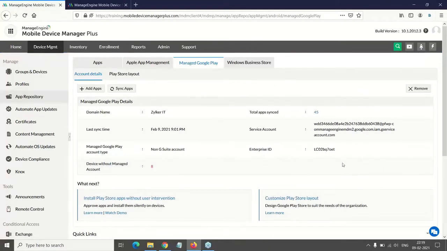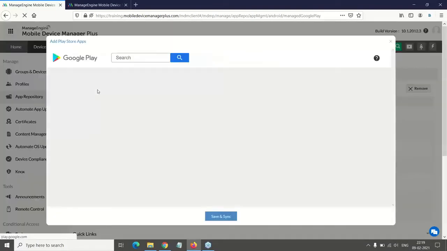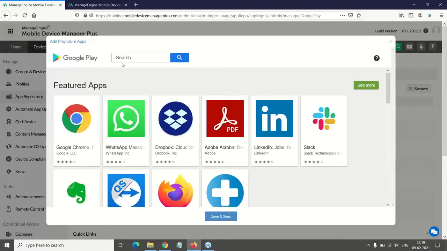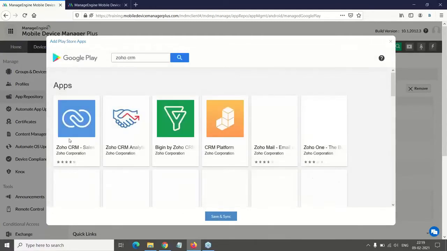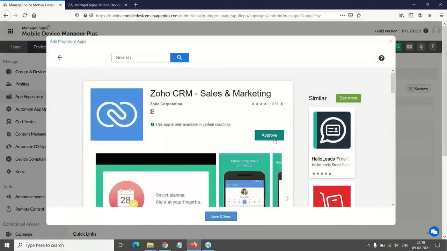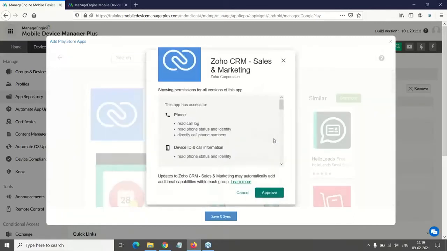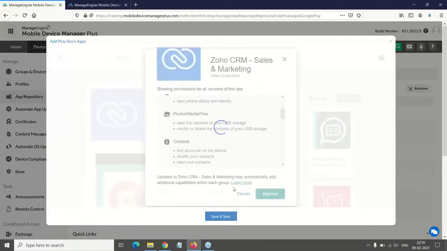Your organization details will get fetched here. And then the next step is to add the applications. You can just click on add apps, where the Play Store layout will open up. You can choose the required application here and click on approve. So you need to approve it.